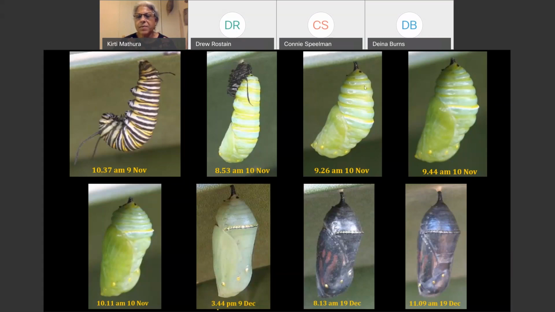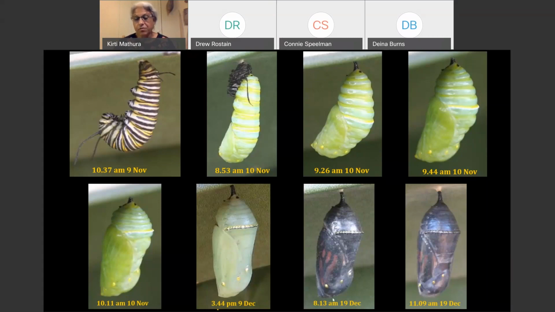You can see it's getting a little bit larger here, and we're starting to see more of that wing form that will eventually develop through the pupation. And so on the 10th of November, you can see more enlargement of that. So we have with the monarch a beautiful green chrysalis with gold dots. And here a month later,